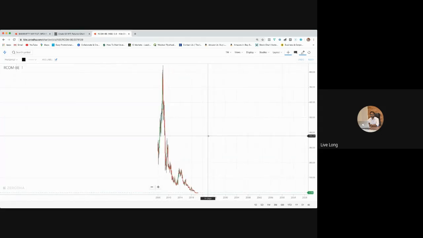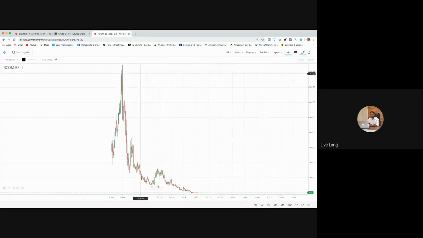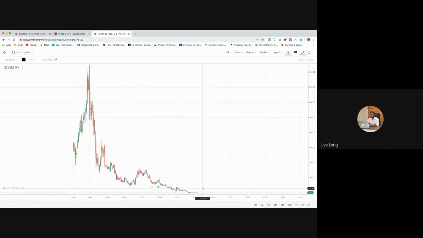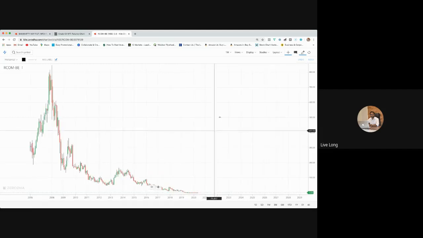See, Reliance Communication was trading at around 800 rupees. Right now, the price of it is just 80 paise. You should actually think about it. That doesn't mean it can go up to 100 or 800. It can even come down to zero. So always invest in quality companies. Just because the price of something is low, see, let's say that,